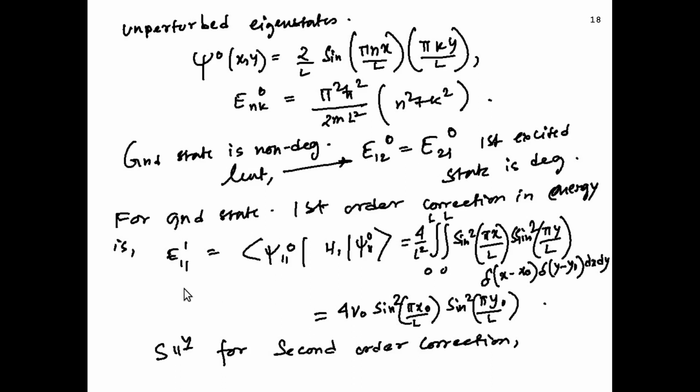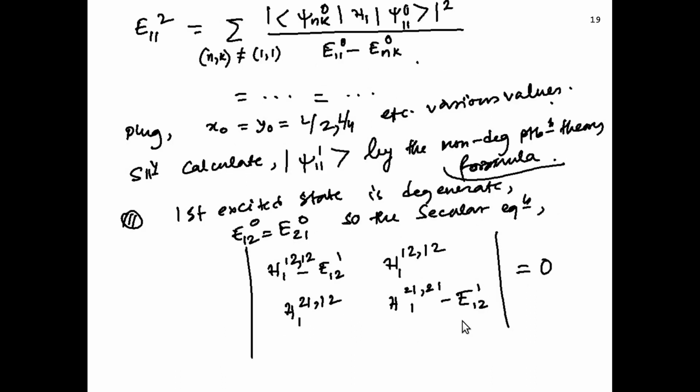So, let us look at the correction in the ground state. That is the simple formula, apply it, and it is very easy to solve, and you will get this result. Similarly, for the second order correction, you can apply this formula, turn the crank, do a few lines of algebra, and you will get the second order correction also. If you want a nice closed and compact form, you plug in the various x naught and y naught, and you can find an expression. Similarly, you can calculate the state corrections also in a similar manner. It is pretty straightforward.